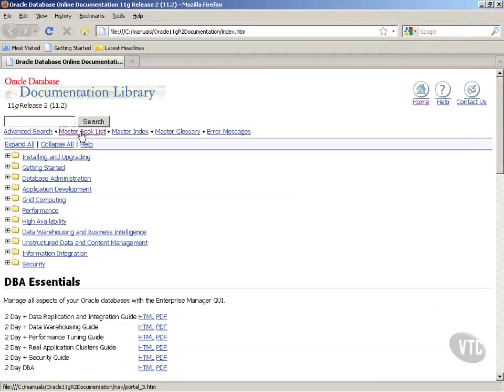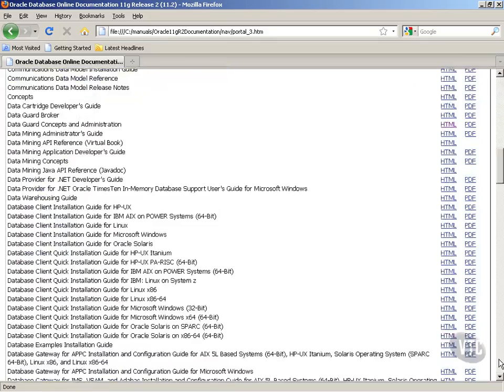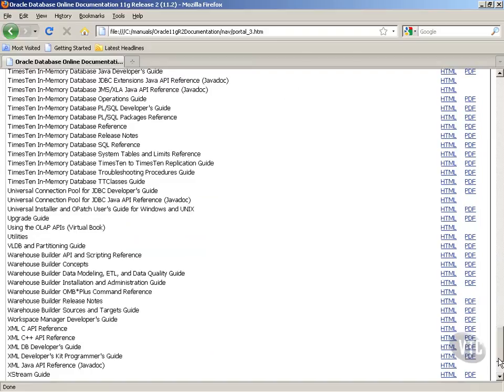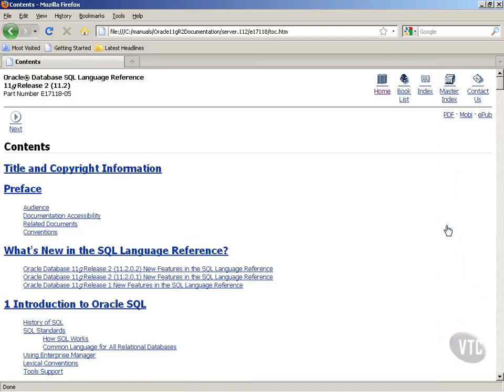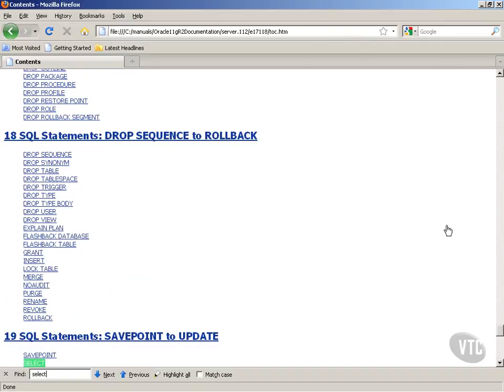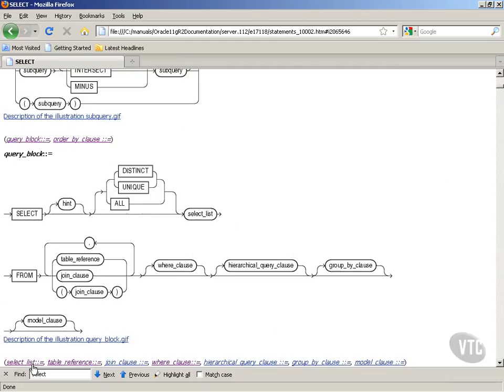of the join clause by going into the Oracle manuals under the master book list, looking for the SQL language reference guide, and I'm once again going to search for the select statement. What I'm trying to do here is to show you where to find the syntax once again. Go into the select statement, and I should be able to scroll down and look for the from clause, and